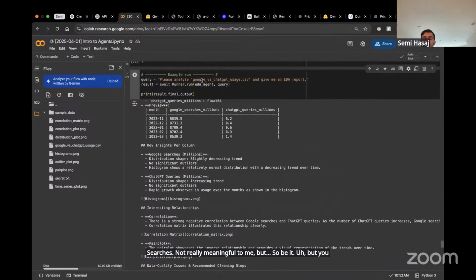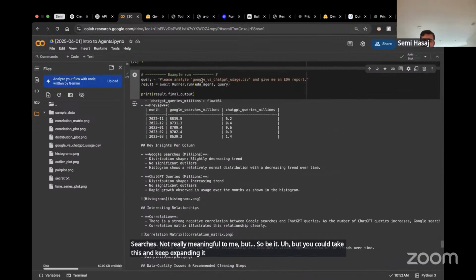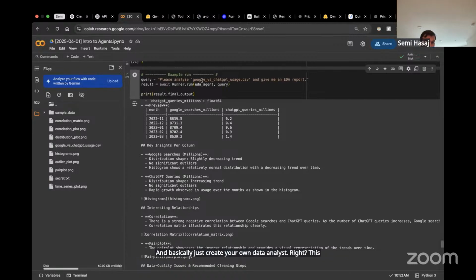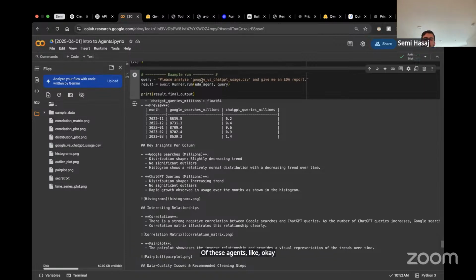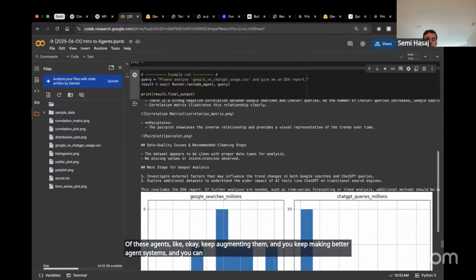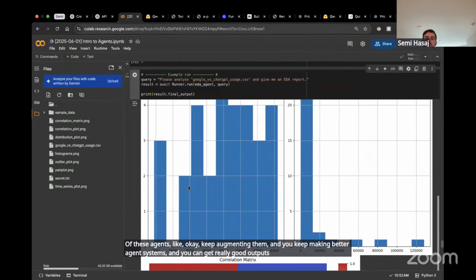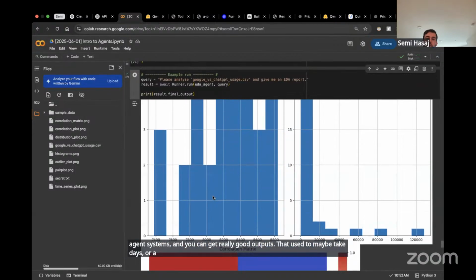But you could take this and keep expanding it and basically create your own data analyst, right? This is where a lot of companies are seeing the efficiency advantages of these agents. You keep augmenting them and making better agent systems, and you can get really good outputs that used to take a day or days, in a minute or two.